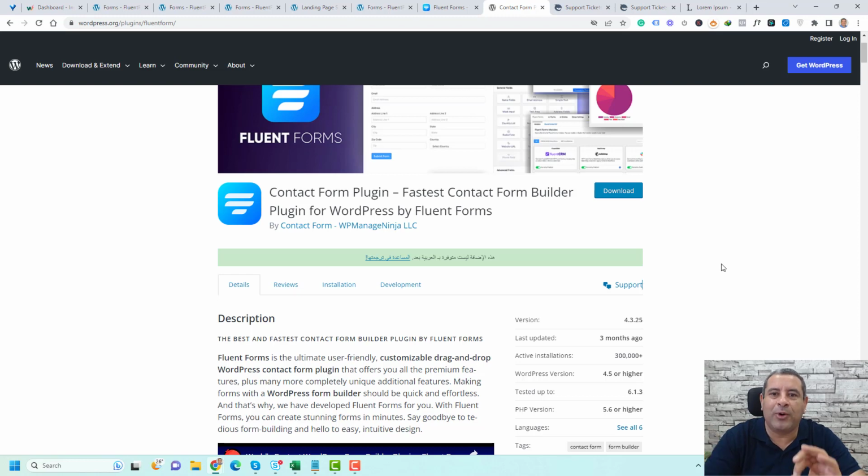And I'm not the only one who likes to use Fluent Form. More than 300,000 website owners are currently using Fluent Form because it is easy to use. But without any further delays, let me speak about the 5 features that I like the most